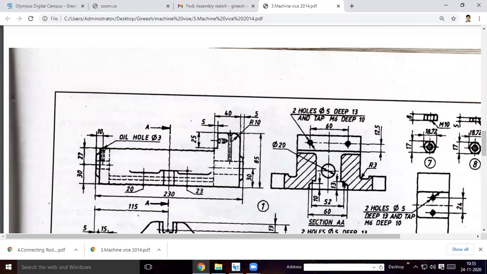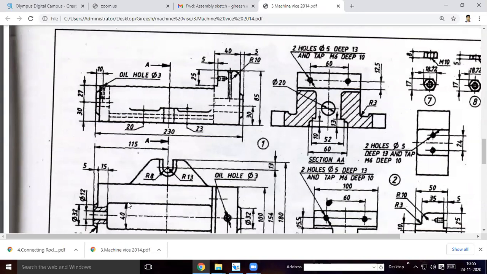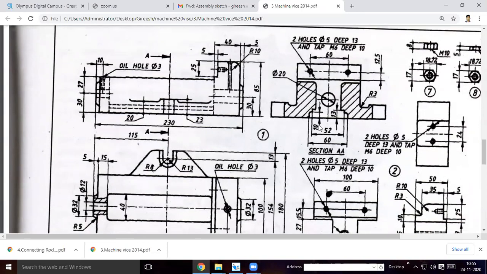This distance will be 52 minus what is this length? This length you can see in the top view, this is 40. 40 is the cutout width. Here you see, in between these two lines it is 40, so 52 minus 40, it is 12. On either side it will be 6. Like that I will create a profile.